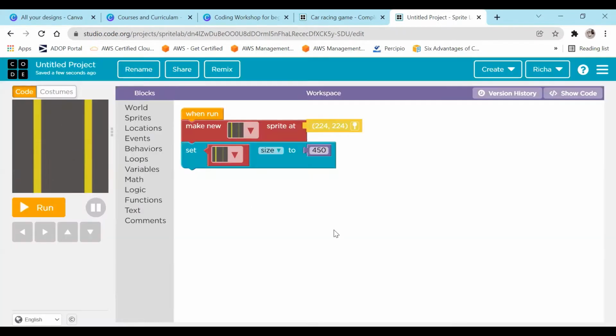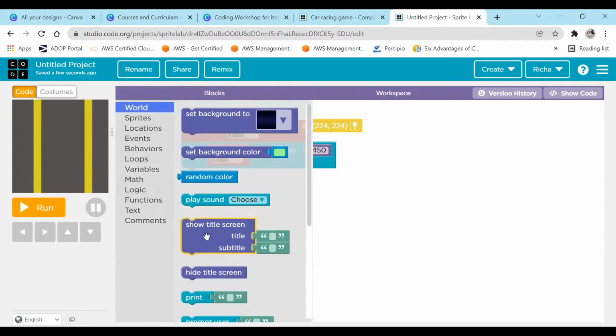Yes, so this is all a little bit hit and trial sort of thing. But yes, now you can see my racing track is ready and my tracks also seem to be aligned properly. This is one thing we need. Next, what do we need? We need some instructions for the player. So again, what we will do,